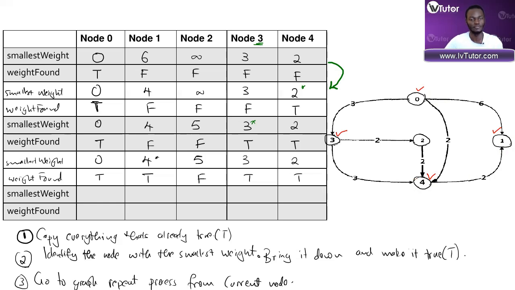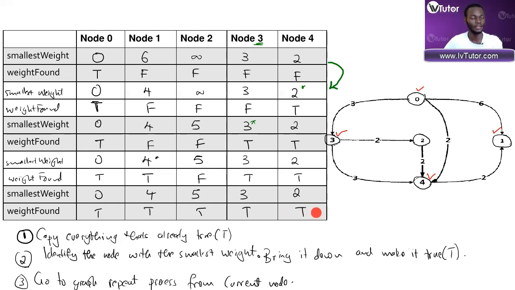and make it false. Then I go to the next iteration. Copy everything that's true. So this one, true, 4, true, 3, true, 2, true. Next step, copy the node with the least weight, make it true. So I copy this one down, make it true. And I'm done because everything is now true, which means I have found the smallest weight from node number 0